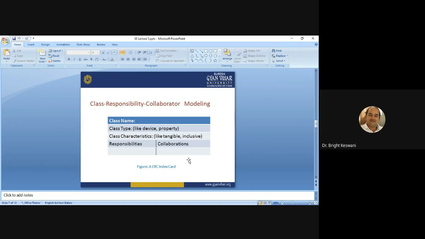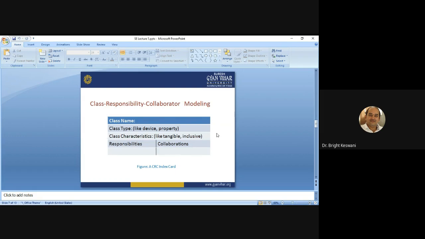So Ambler described the CRC model. He defines a CRC model as really a collection of standard index cards. This is shown in the diagram, where you can see the CRC index card.